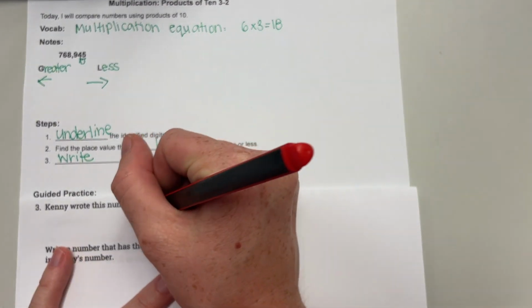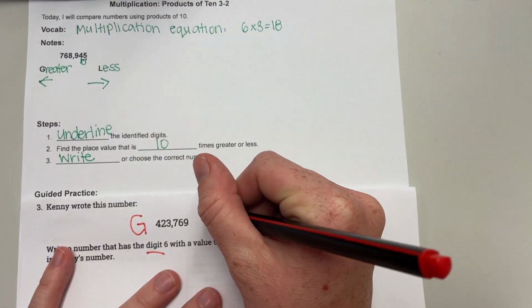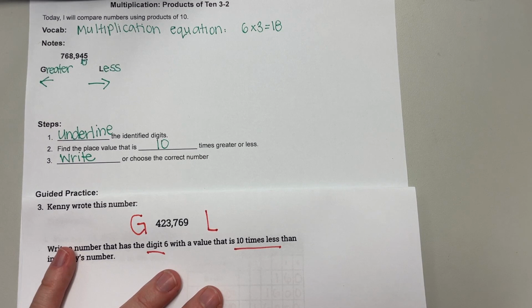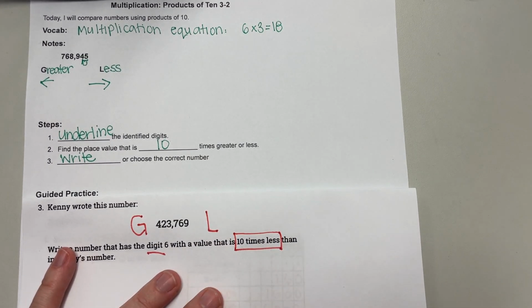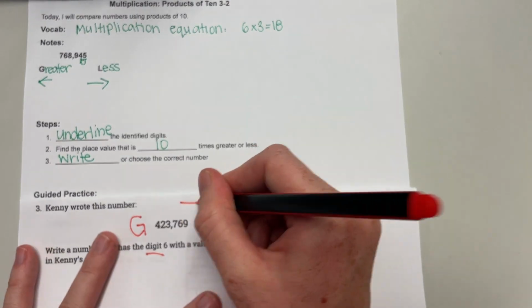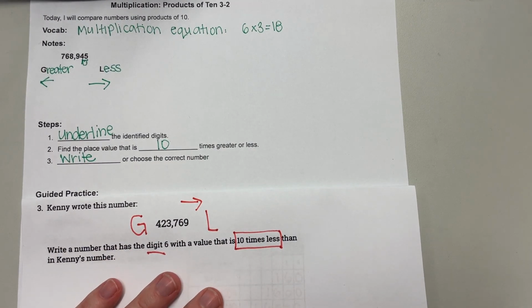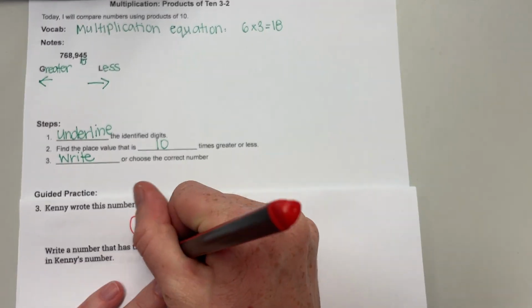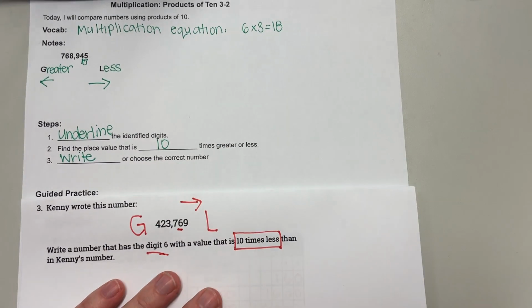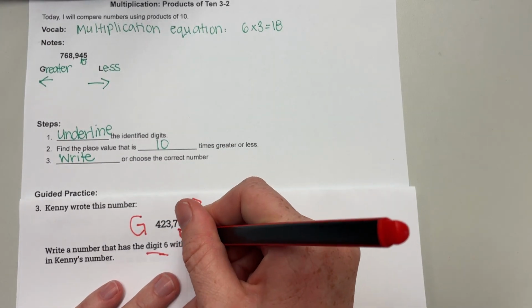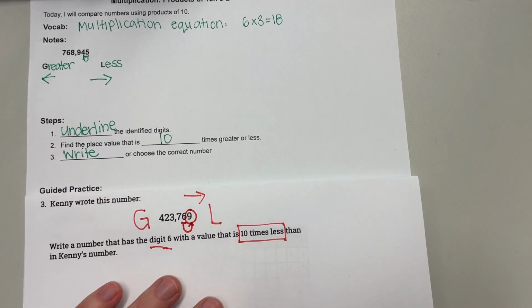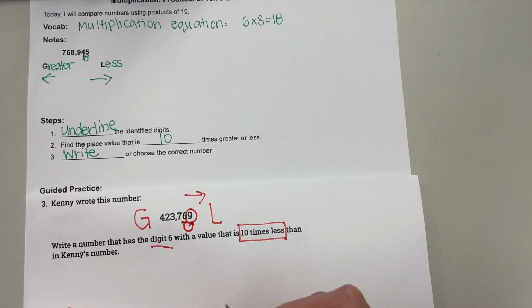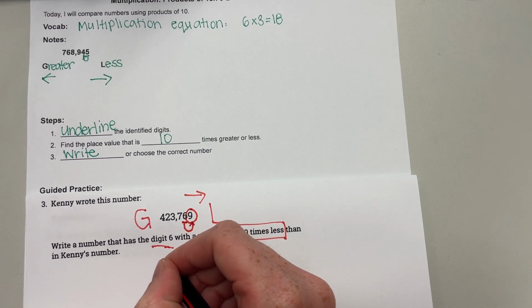So I'm going to write my greater. I'm going to write my less. And I know that it's 10 times less, so I have to go to the right. I'm going to make an arrow so I show that. And then I have to see the 6, so I'm going to underline the 6. And I have to go one place value to the right, so this 9 has to have a 6 in it. So I'm going to write the number